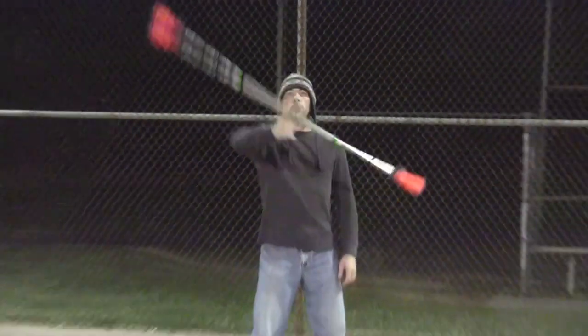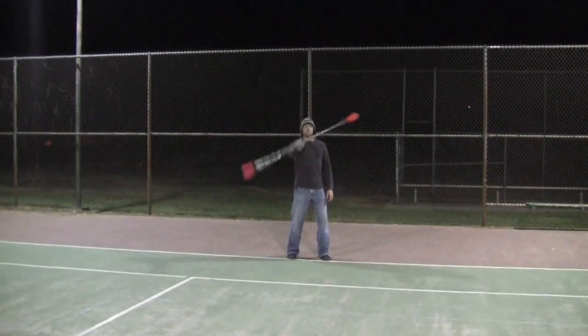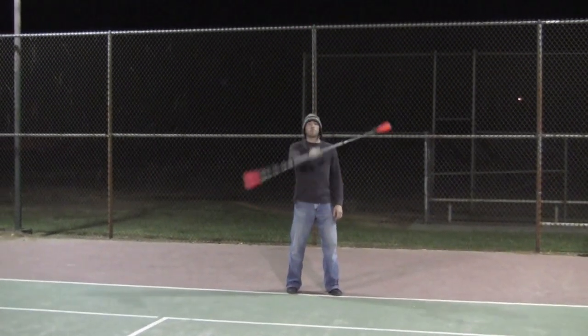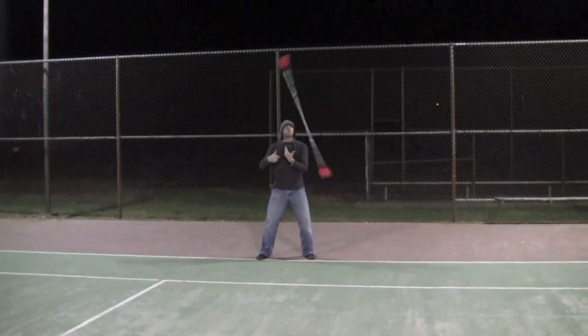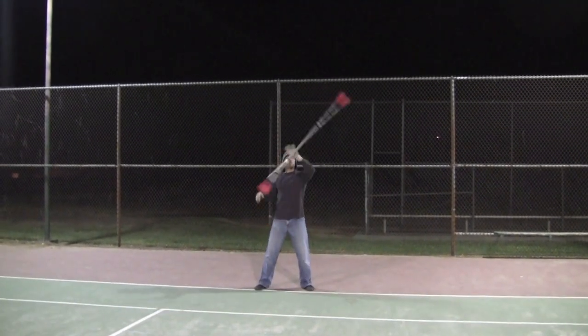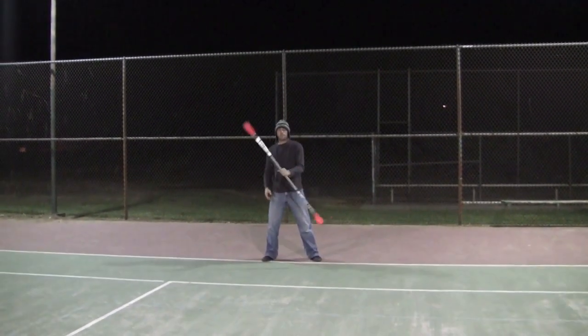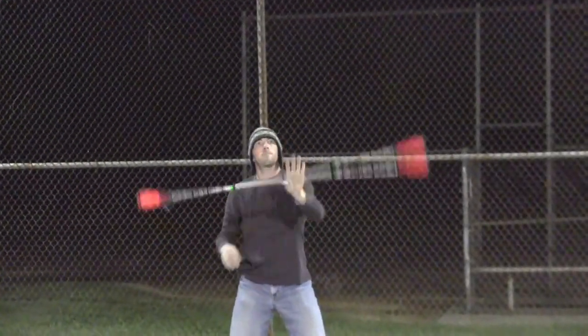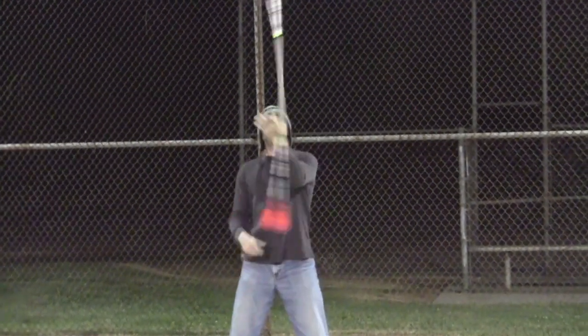Start off with slow, easy throws, and then speed up the rotation and add revolutions for more difficulty. When you get both of these down, alternate each throw to the other hand. The holographic tape helps to spot the fire staff at night. If you don't have fresh fire on the wicks or ambient lighting behind you, it can be difficult to spot